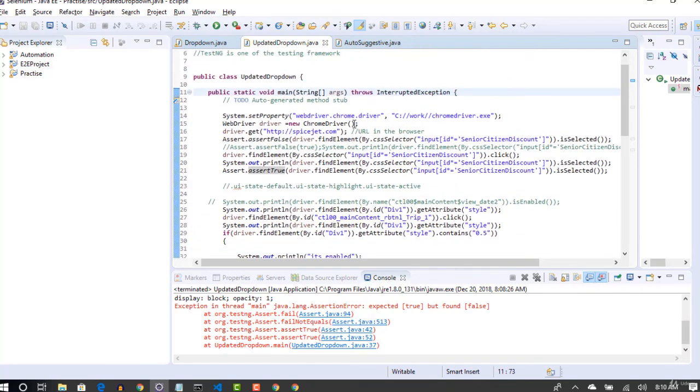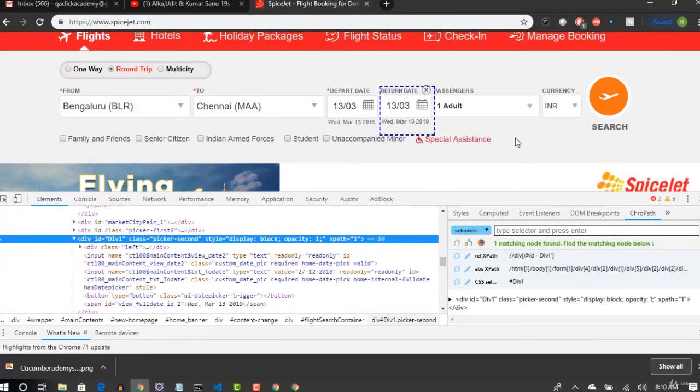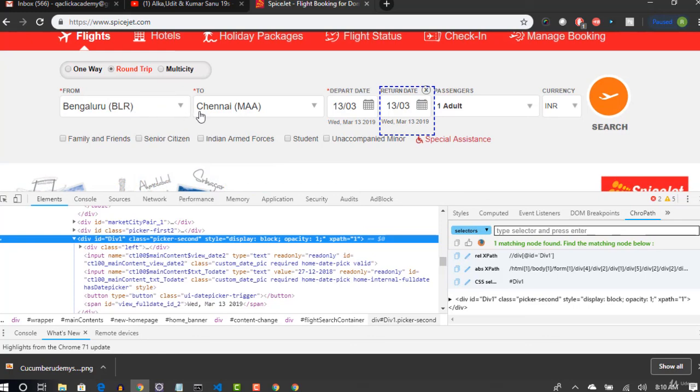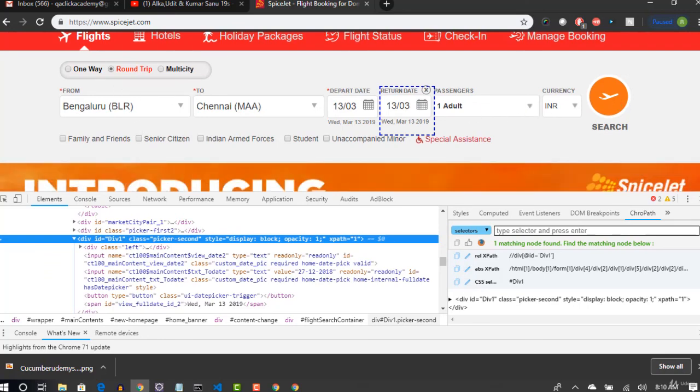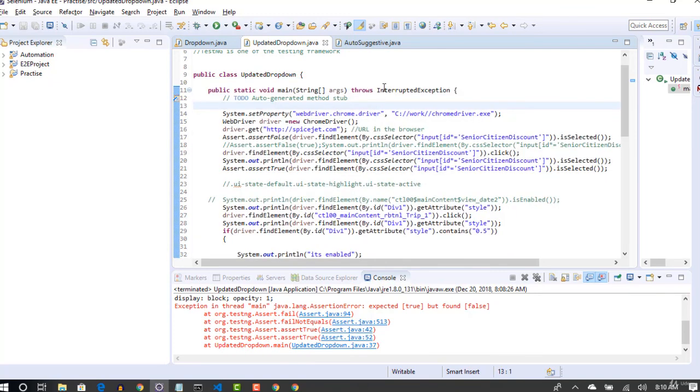Okay, all right, I think we are done. So in the next lecture, let's wrap everything up. Let me create one end-to-end test where we will enter all the things we have learned till now. We will enter the information in the dropdown, select a calendar date, select passengers, select some checkboxes, and then finally we'll click on the search button so that we are done. We have already done all this, but let me put it in end-to-end test fashion in our next lecture, and then we proceed. With this, I'm going to wrap up this entire section.